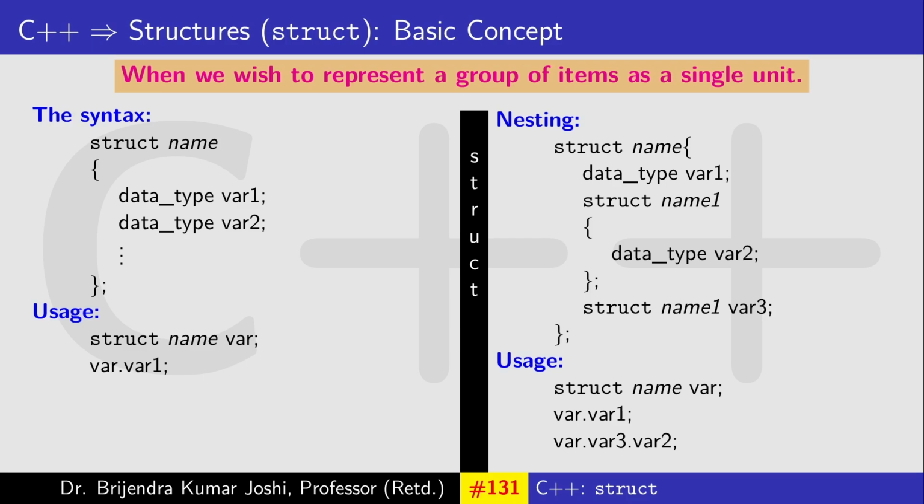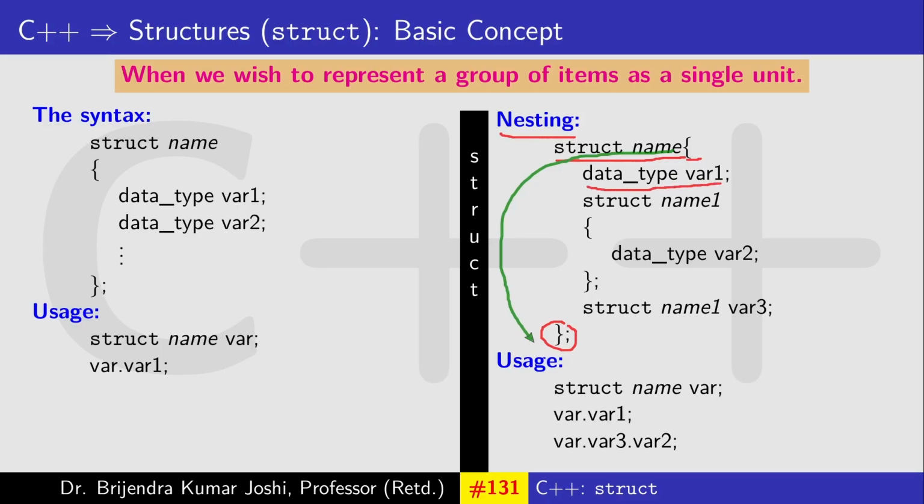We can make use of the nesting feature. You can declare as many structures inside a structure, inside a structure, inside a structure, etc. And really there is no restriction on the depth of nesting. You can define inner structures in any number as well as at any depth. So the syntax is similar: struct, some legal name, opening brace and closing brace. So this is a pair of braces, followed by a semicolon, and between them